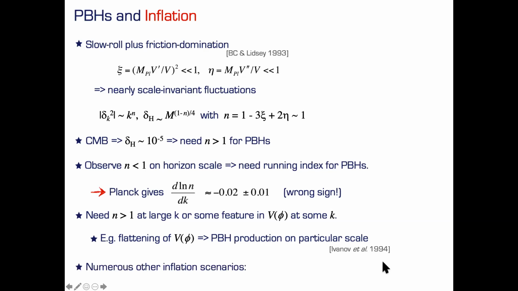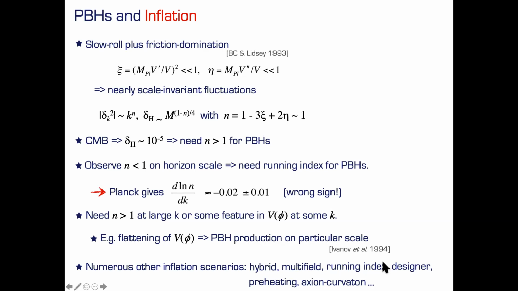I mentioned a few inflationary scenarios, but there are actually a lot of them. There's hybrid inflation, which is like 2 fields, but then you can have multi-field inflation, running index inflation, designer inflation, preheating, axion curvaton inflation, all sorts of things. Bernard had a slide that was filled, in small font, with all of these inflationary scenarios. It was by far not complete. There are so many, and you can't catch up with all the scenarios that have been proposed.